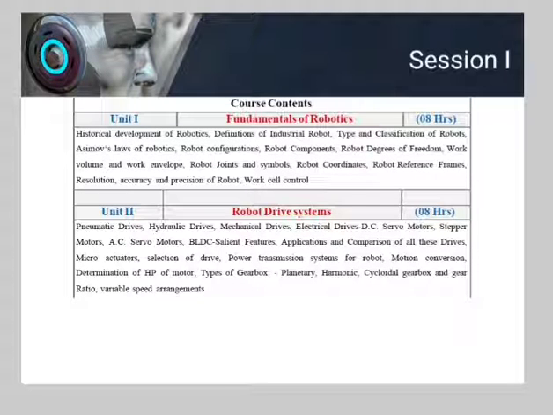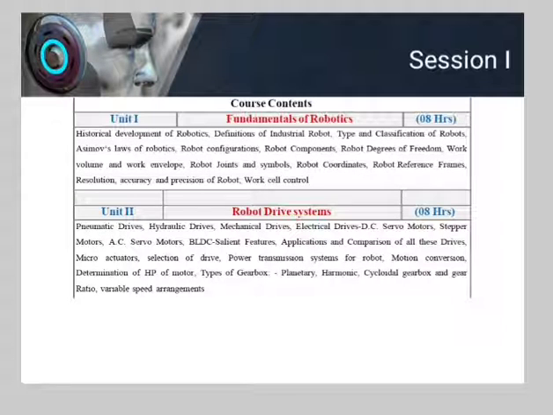Good afternoon. So, Unit 2, Robot Drive System. In this chapter, we will cover pneumatic drives, hydraulic drives, mechanical drives, electrical drives, DC servo motor, stepper motor, AC servo motor, BLDC, salient features, applications and comparison of all these drives, micro actuators, selection of the drives, power